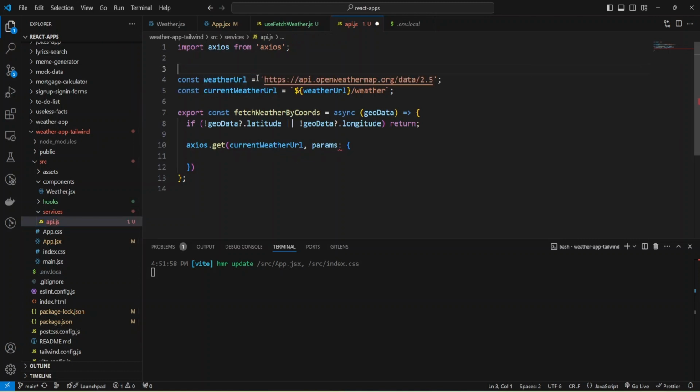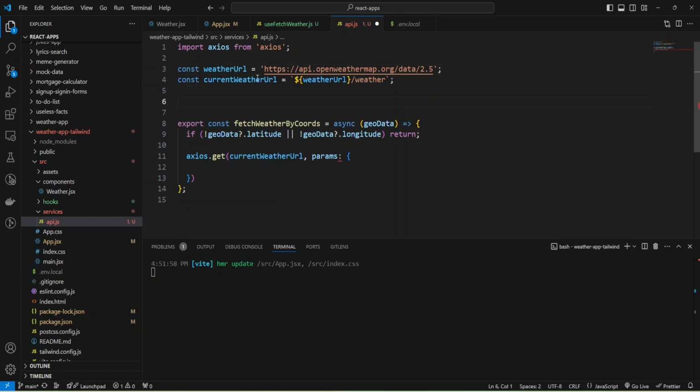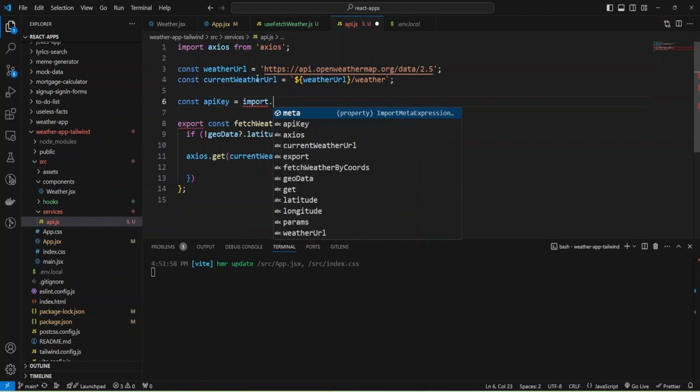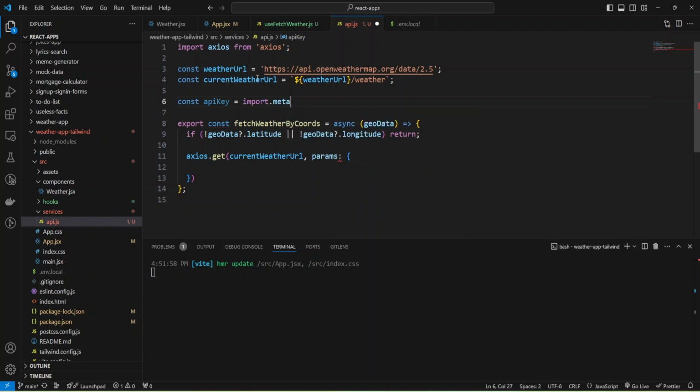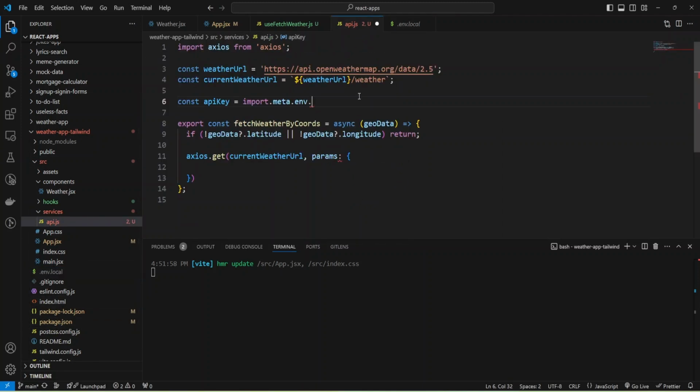And here I'm going to create a variable to get my API key from this env. I'm going to use const API key and use import.meta.env and provide my name.